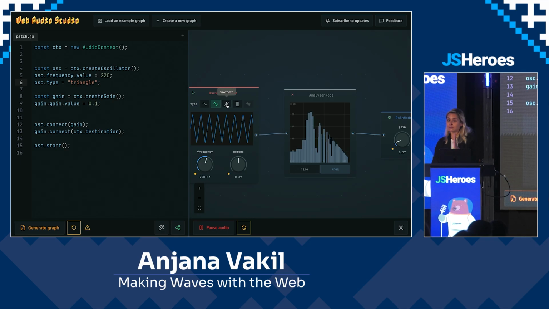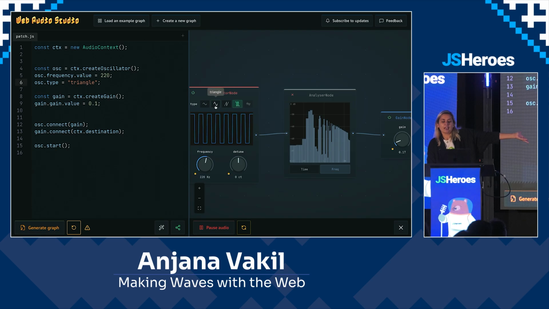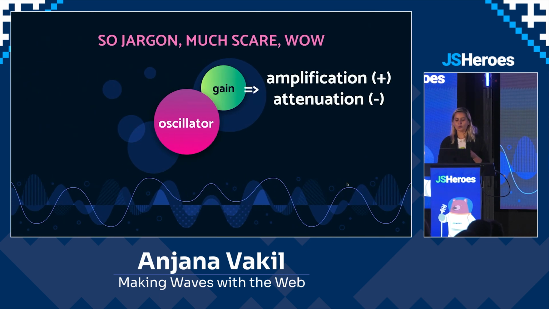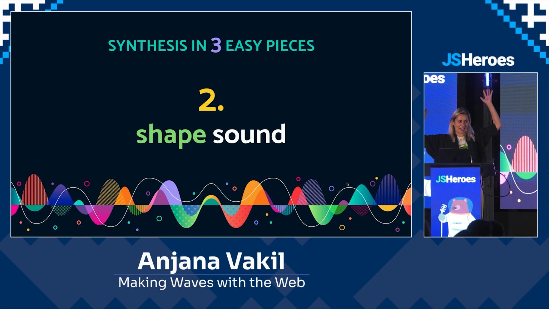And the different shapes contain different spectra of harmonics. So the sine wave has basically none, but the sawtooth has everything all at once, and they're all slightly different. And so this shape creates these different feelings of sounds, or different timbres, you might call them. Okay, pause. So what we've got now is some raw material. We have made some sound, and now we can proceed with shaping our sound.